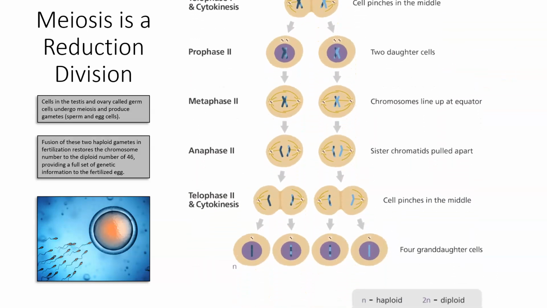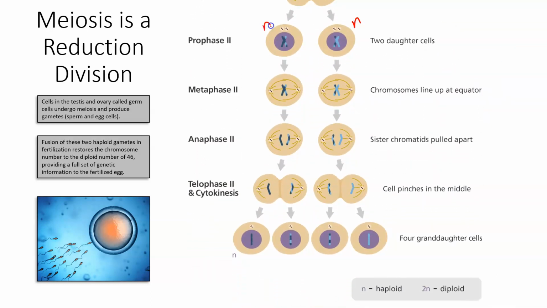Okay, so what happens during meiosis 2? Both of these haploid cells, which we just produced during meiosis 1 and which have been recombined, because crossing over occurred during prophase 1 of meiosis 1, go through their own PMAT: prophase, metaphase, anaphase, telophase. They line up in the middle, and then they separate the sister chromatids at the centromere. So now, from one full duplicated chromosome, we have two unduplicated chromosomes, one in each of the cells. Cytokinesis takes place, and now we have 4 genetically